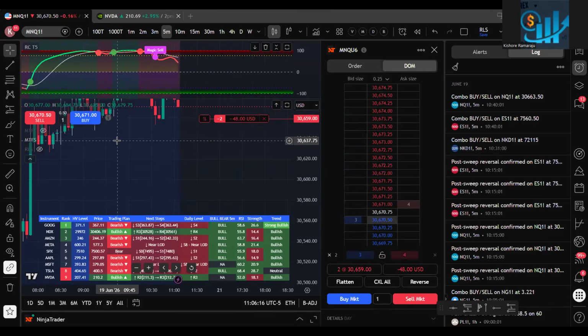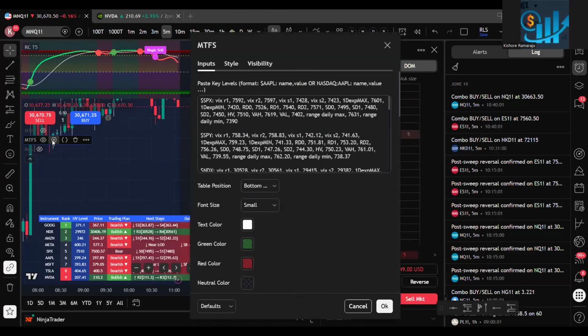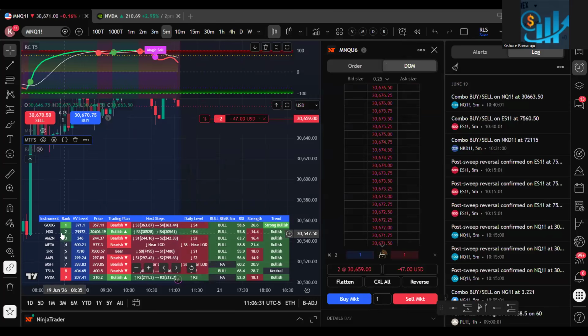So for example, this is an indicator, right? Every day we provide you some support and resistance levels. You just have to copy paste those levels. That will tell you whether SPX is bearish or choppy. NDX was very bullish yesterday, right? The base price was 29,972. It went all the way to 30,400, nearly 500 points plus. So that means the trend is bullish. So based on that, in the morning itself, right before the market open, let me share the channel.